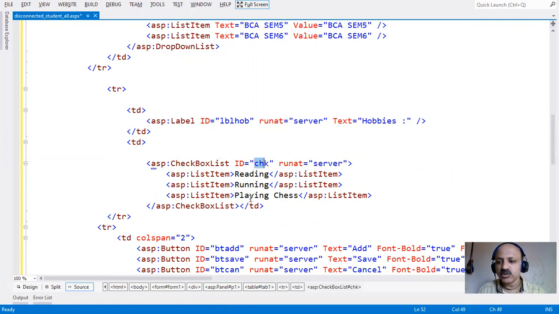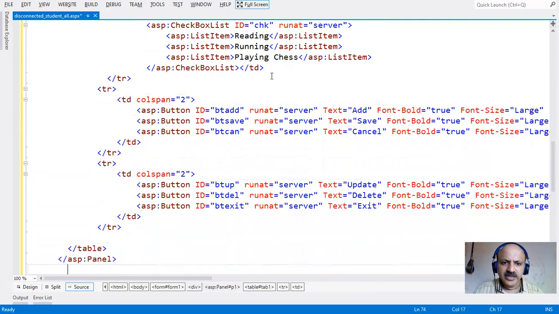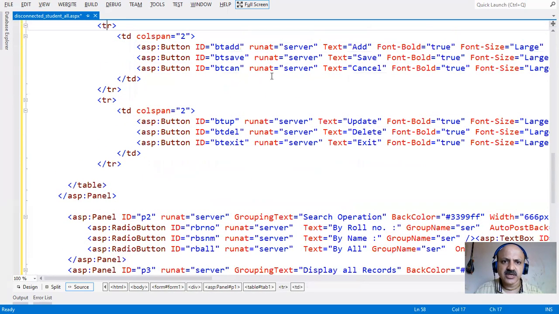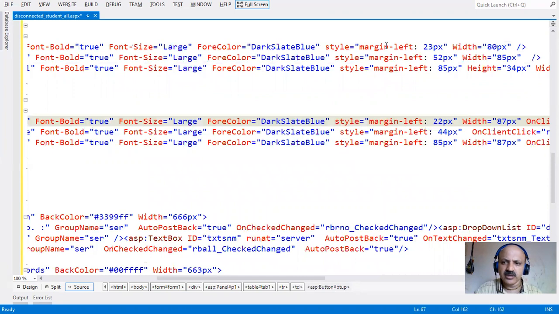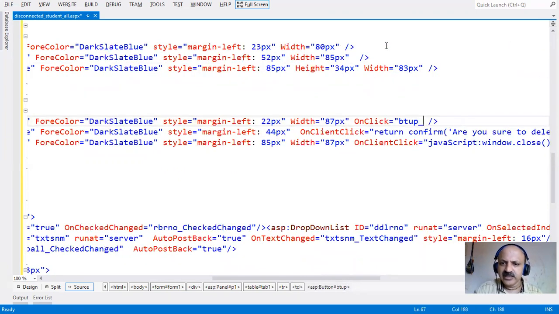How to use a group control: like the drop down, we can also use a radio button list, but there are only 2 items and one is selected. The radio button is an optional button, so a group control is not required, but a single one is there. Now there are 6 buttons. First I share the add button, and when we copy, the OnClick we have to remove, otherwise it gives an error. So I remove all the OnClick because we copy and paste from my previous video lecture, and we can click and add them one by one.